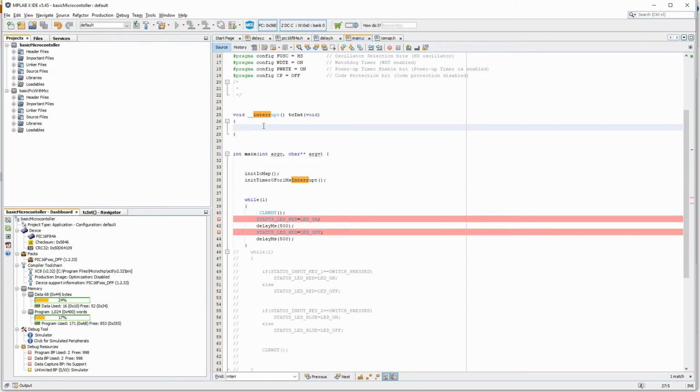So here what we have to do now, what we know here is any interrupt happens, it will come here, but I still don't know what the source of the interrupt is.